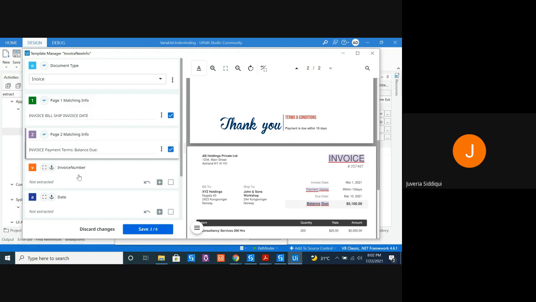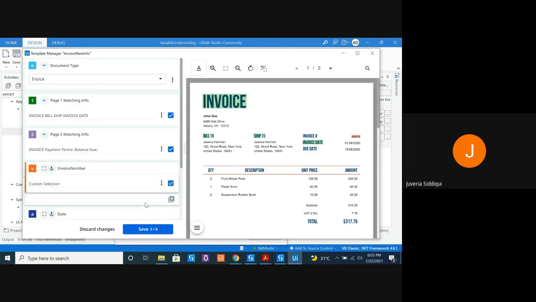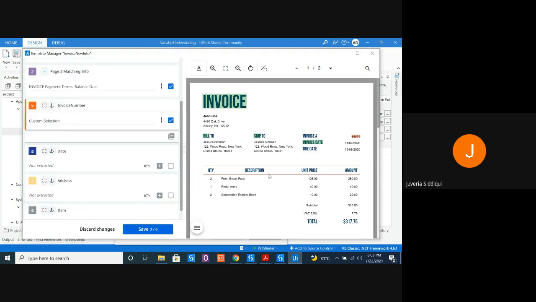Now let's start by extracting invoice number. Invoice number. Now we have one more value to add. Okay, let's start by doing this and we will retrain it for the other page.